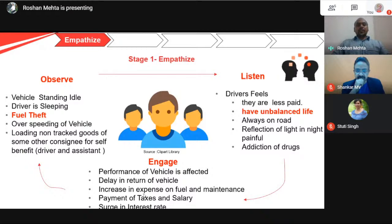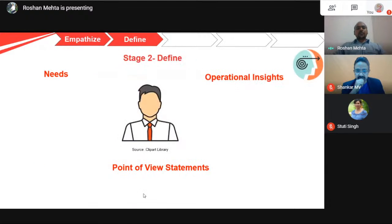and then they moved to the next stage, which is stage 2, the define stage. So the define stage is all about defining the problem by defining the prominent aspects of it, like identifying the needs from the insights which they have gathered, and crafting those needs of the user, the customer, into point of view statements. So the team noted down,